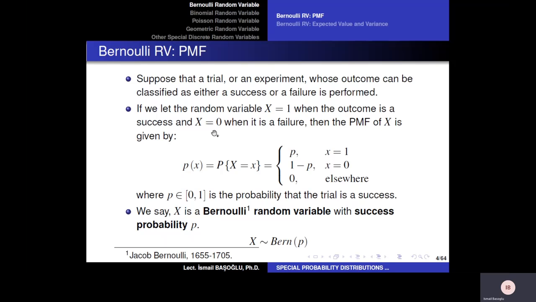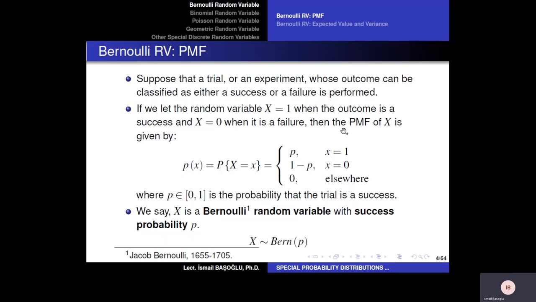In that case, this becomes a discrete random variable, which can take either of the two possible values, 0 or 1, okay? And if we say that the random experiment ends up with a success with probability p, where p can be any value between 0 and 1, including the boundaries,